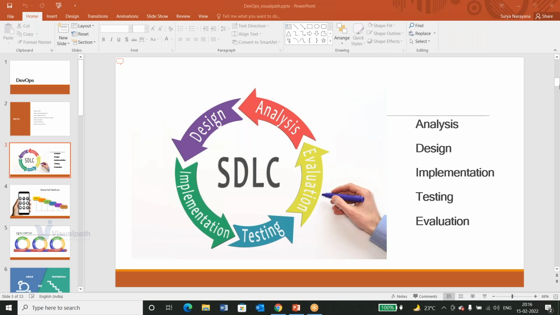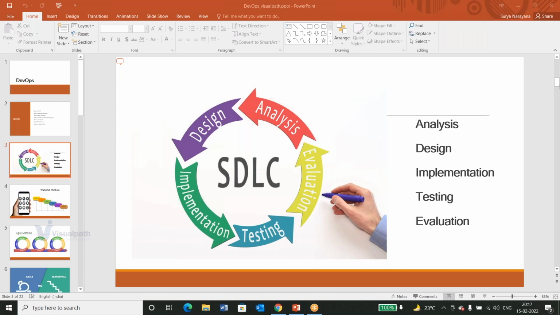Okay, what type of language we can use, what type of tools we can use, and what application server we have to use, like Tomcat, web server, WebSphere. There are different types of web applications we have, right? So they will design and decide which application server we have to use. This entire flow they will be designing, and then they will hand over to the developers, and developers will